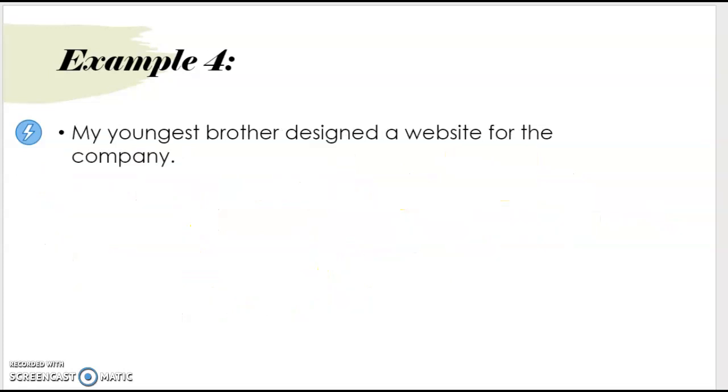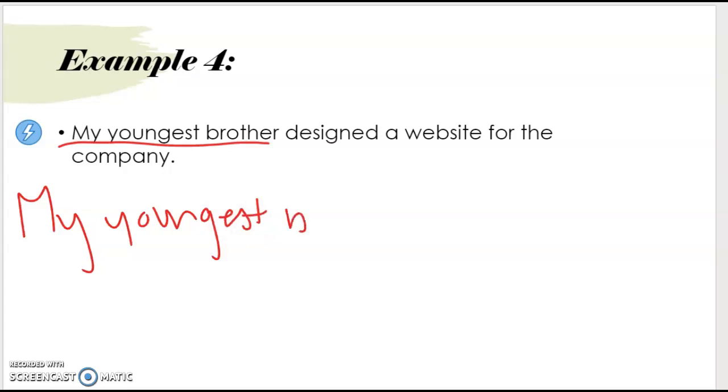All right, let's try one more example. My youngest brother designed a website for the company. Our subject is my youngest brother. Copy it down. Let's use commas again because commas are used more often. Comma. So now we need to know something about our youngest brother. Maybe you could put a name. You can say how old your brother is. You could say who the company he works for. So I'm going to do my youngest brother's name. My youngest brother, Matthew,